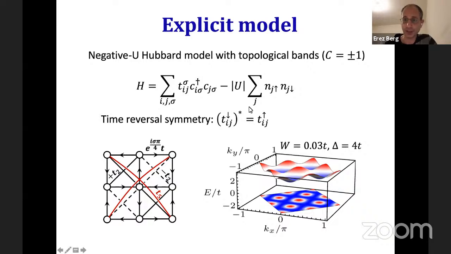That's a single particle dispersion, and we add to this a local negative Hubbard U, a local attractive interaction, and ask what's the ground state of the system, and what's the phase diagram of the system. And luckily, this model doesn't suffer from the sign problem. So this is a strongly correlated regime. We don't a priori expect mean field theory to work so well, but we can solve the model numerically exactly using quantum Monte Carlo, which is what we did.